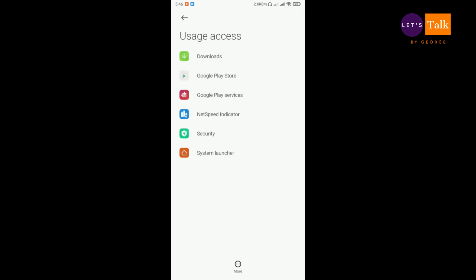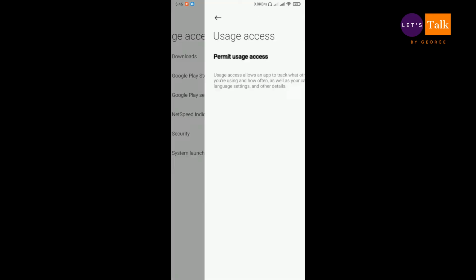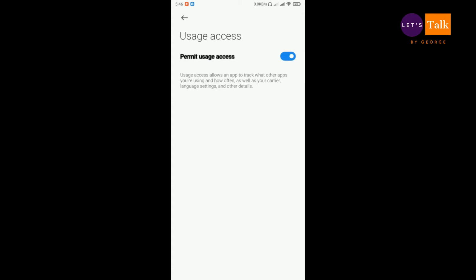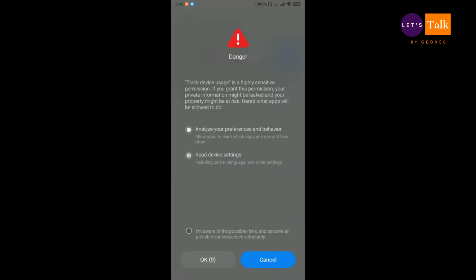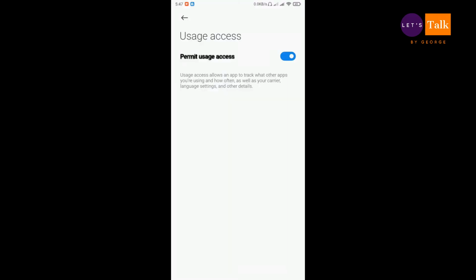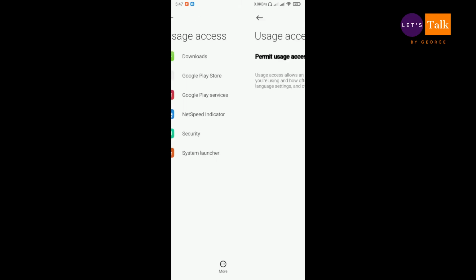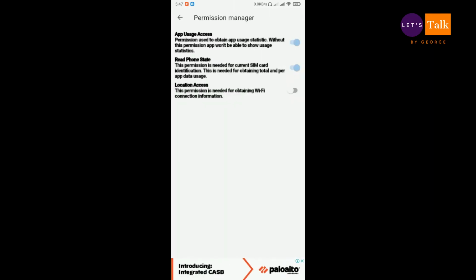I'm using an MIUI ROM. It is a bit weird with the MIUI ROM how to give this usage access. There is a gray screen and you have to wait for 3 to 4 seconds before you finish things off. I don't know why they do that. Is it really necessary? It's up to MIUI. So we have given the permission to usage access now. Let us go back to the app again.